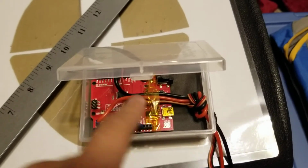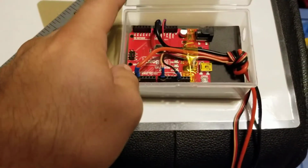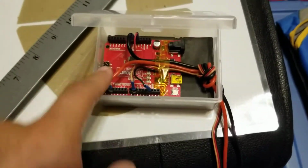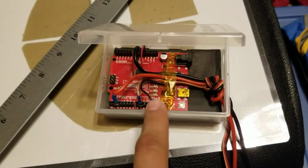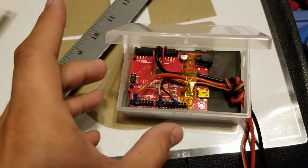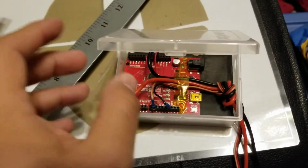You get the circuit board. This one is called a red board. You can get it online through Amazon. This red board doesn't come programmed, so you have to have another program on your computer to do it. So as